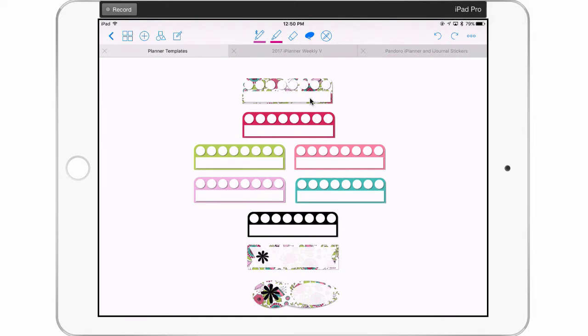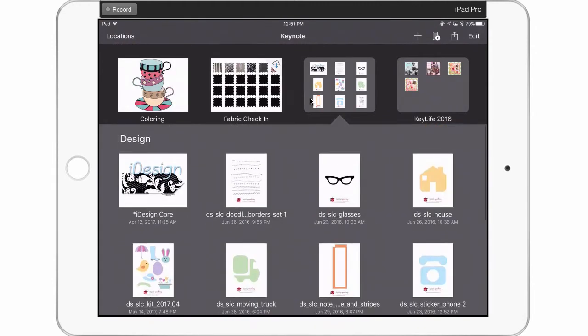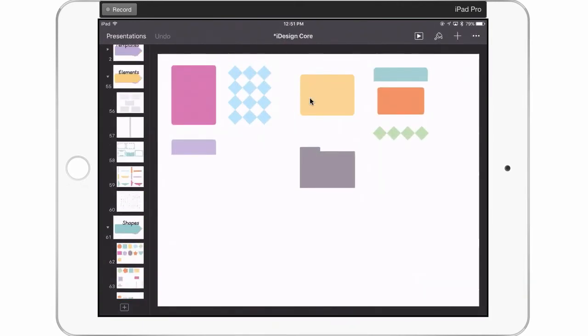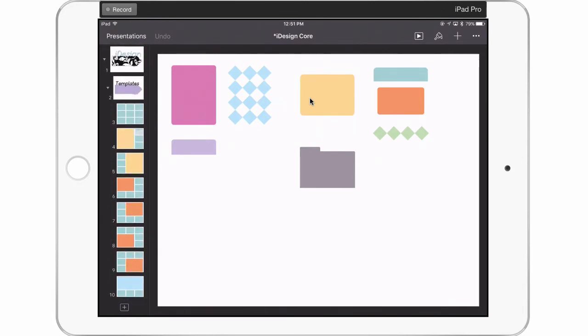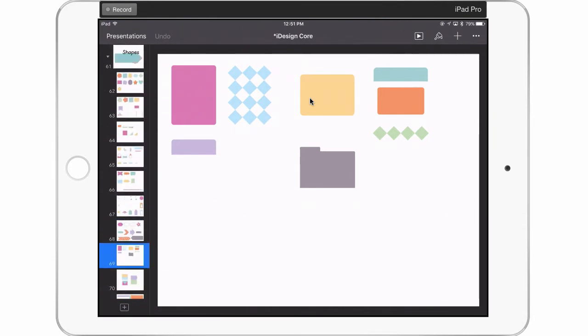Okay, so let's go over to Keynote so I can show you how I make the stickers. Now, for those of you that aren't familiar with iDesign, iDesign is a Keynote file made up of many, many pages with many, many templates that are completely customizable. That means you can fill them with virtually anything. A color, a photo, anything that you have in your camera roll or in your Dropbox, your Google Drive, you can fill these shapes. And these shapes are all stored in these pages